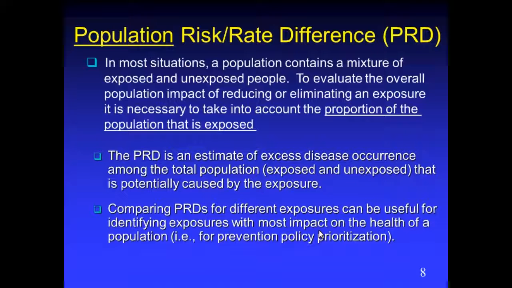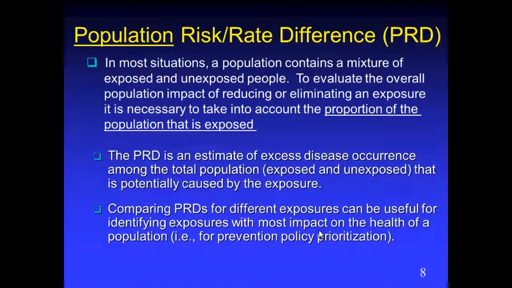However, the risk difference, as we've just been talking about, is a measure of the benefits in the exposed group, but not in the whole population. And we may want to consider this measure of population risk or population rate difference. And this takes into account the proportion of the people who are exposed in the population, for example, the proportion of smokers in a population. And so it gives a measure of the benefits to the population as a whole from eliminating or reducing the